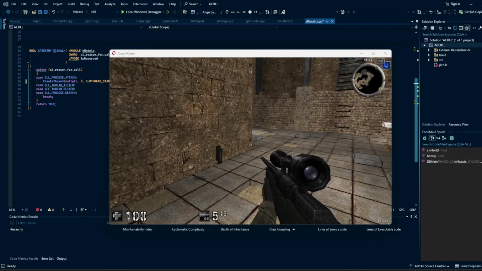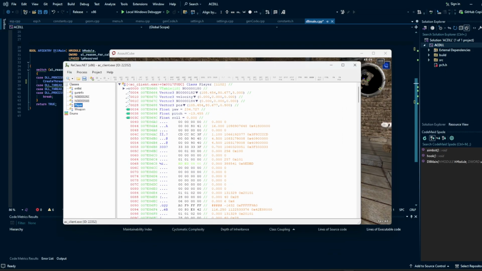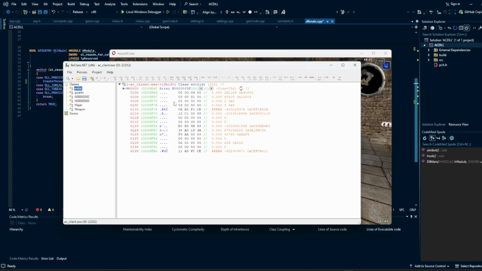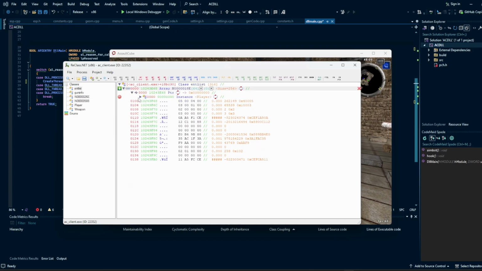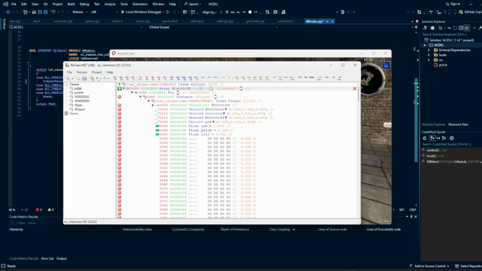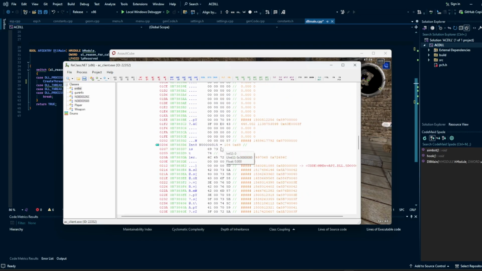Now to find the function that draws the players on the radar, we have to guess how this could be implemented. So if I was coding this, I would iterate through all the players and check if their team matches ours. If it does, then we draw it. If it doesn't, then we don't. So that's what we're going to start with. We're going to get a random entity from our entity list and get their team address. So let's choose a random entity, get their team,